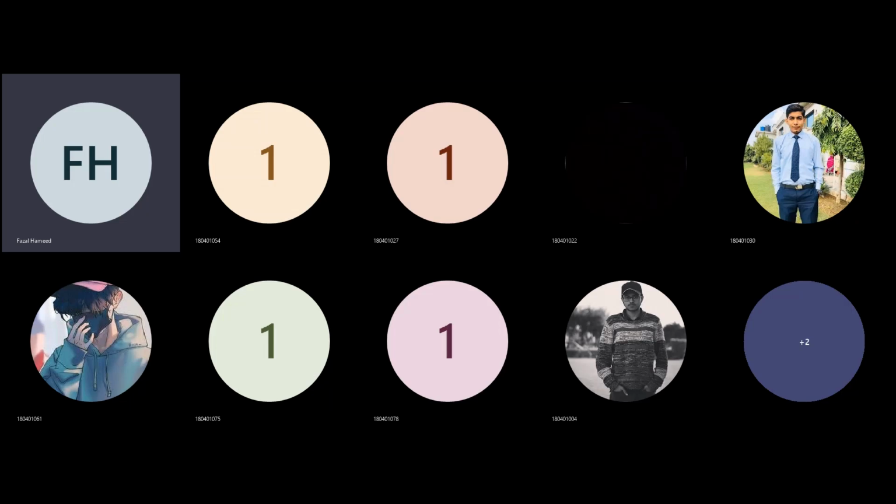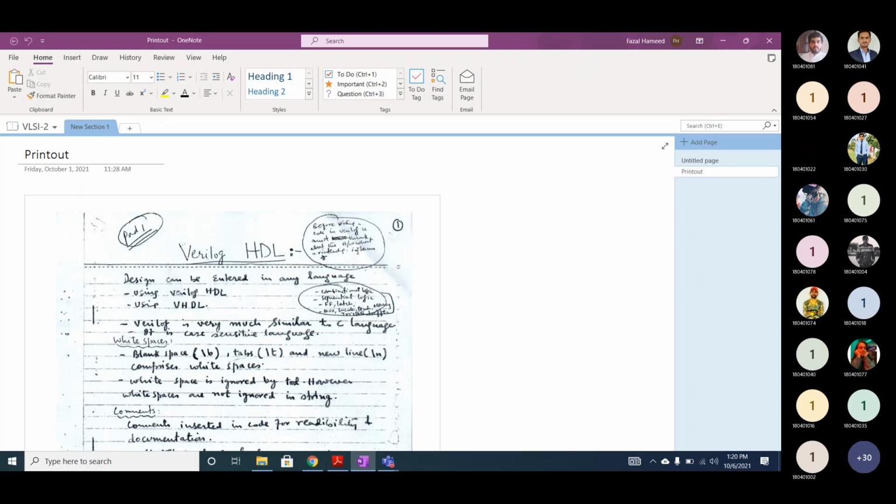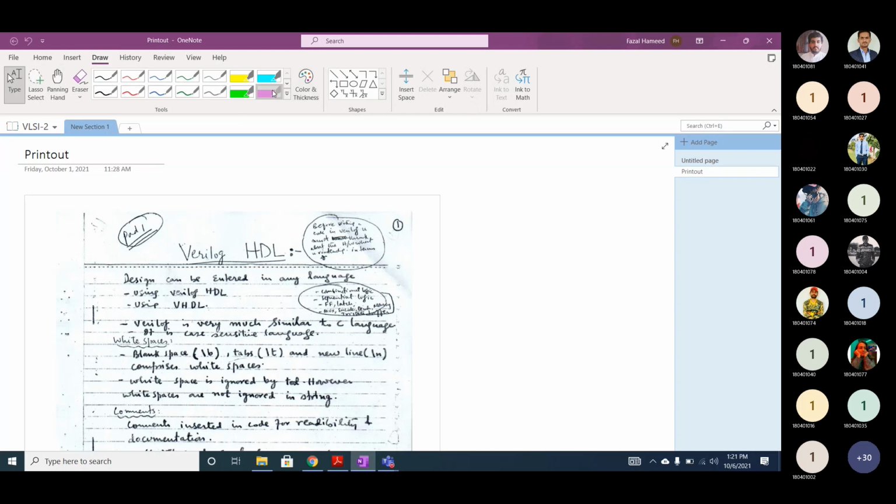We studied various levels of abstraction in the previous lecture. We started with the behavioral domain, and we also studied the structural domain. We also studied the design at the gate level, and then how we can design our system using the transistor level and the physical level. From now onwards, we will study Verilog HDL as the hardware description language. So we'll start with Verilog HDL.